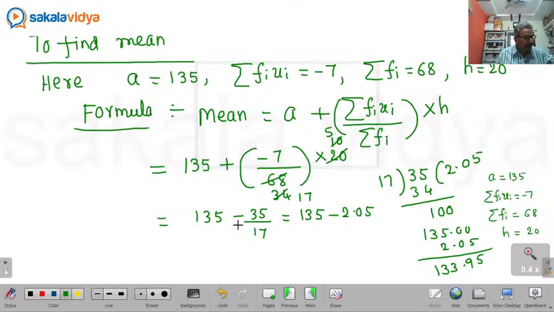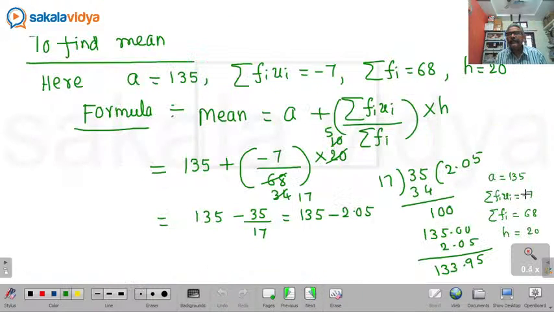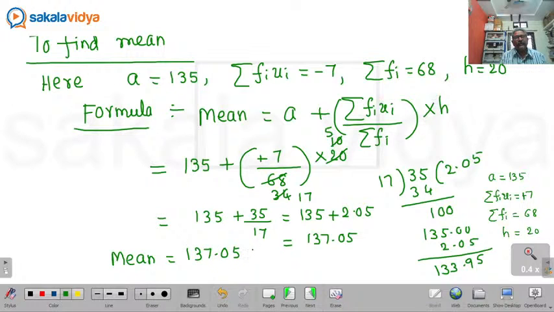Okay, right, this will be plus 7, sorry, plus 7. This is plus 7 only, sorry, this is plus. This is 137.05. Therefore mean equals 137.05. You might have checked, not minus 7, plus 7 only, right? So now